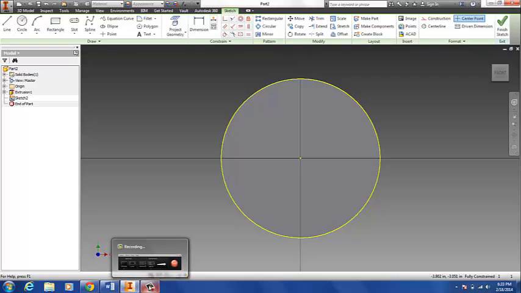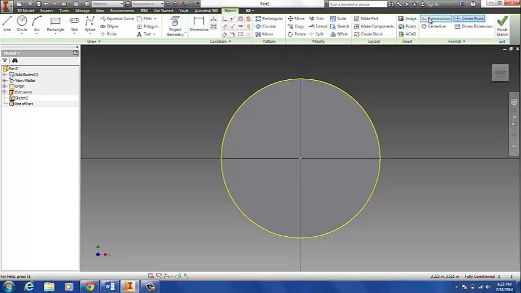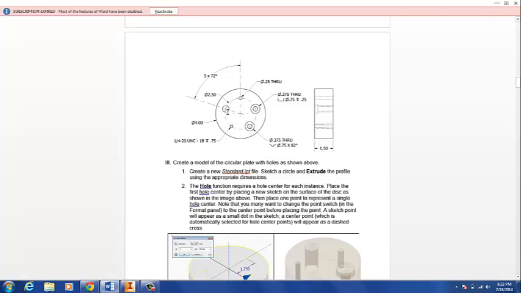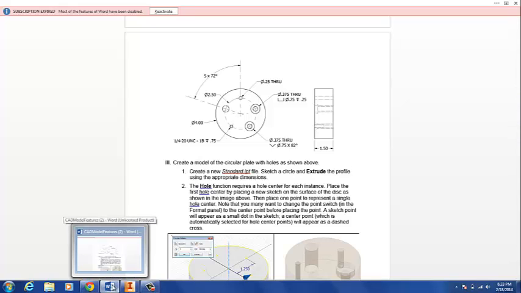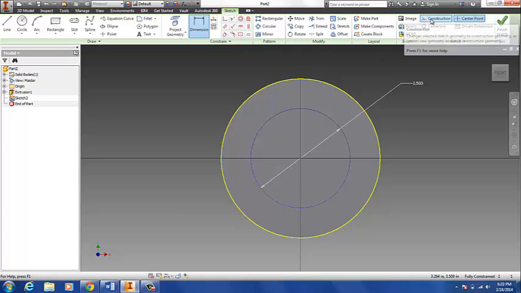The first thing we're going to do, just to help our sketch, is put down this construction circle here. Okay, and that's really just to help us visualize where those circles are going to go. So I'm going to turn on the construction tool, and I'll select circle, and that circle has a diameter of 2.5. Now I'm going to turn off the construction tool,